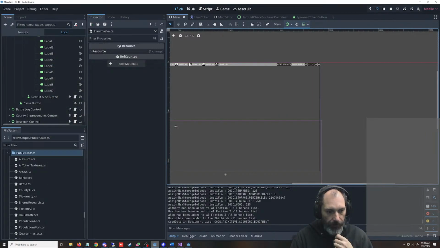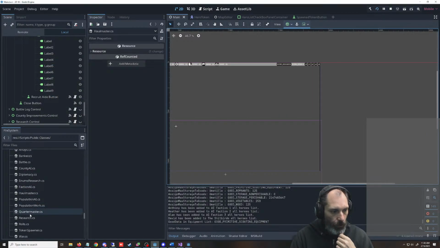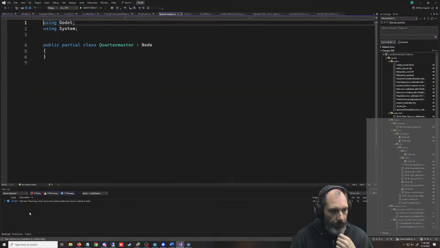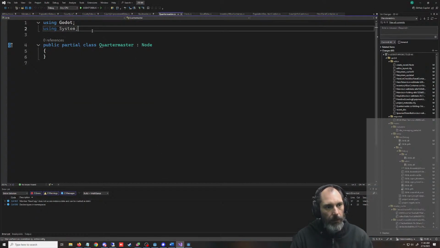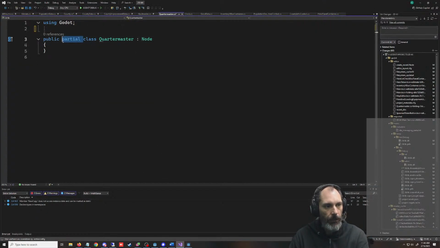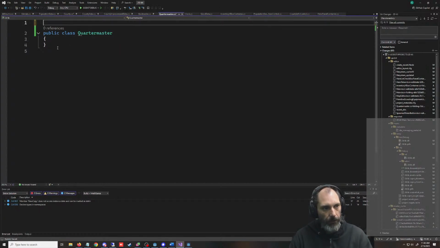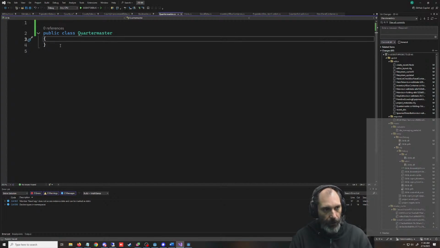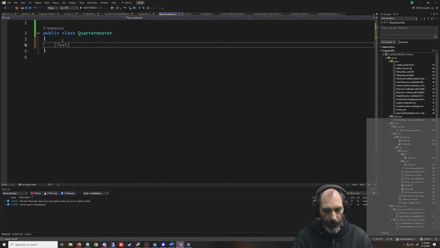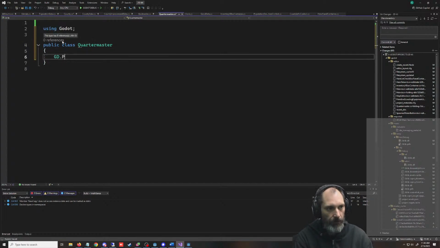Oh, we don't need that. Quartermaster. So the Quartermaster is going to be a public class, and we aren't going to use Godot. I'm just going to put in here, we're not even going to call this thing. I'm just curious. Whatever.